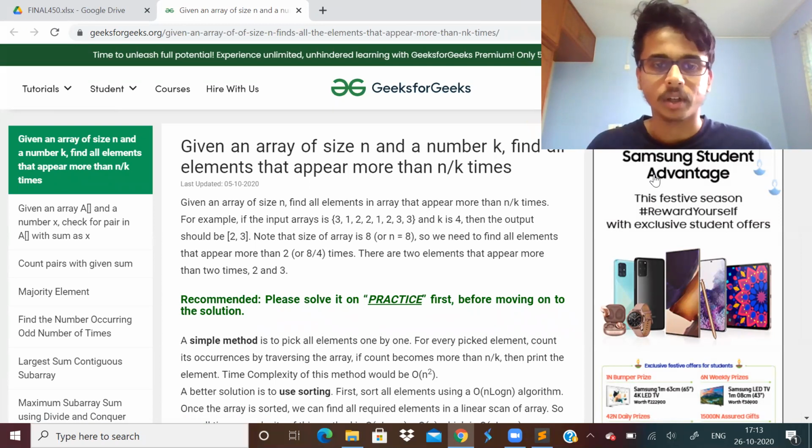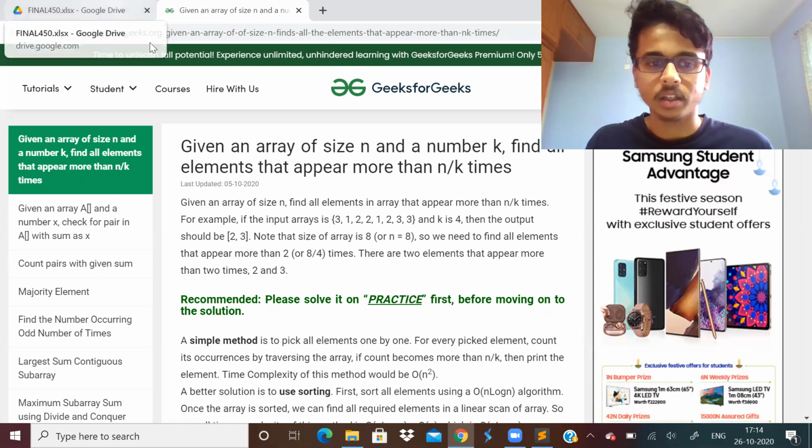But I would like to mention one point over here. There are certain questions wherein this k value will be 2, 3. I think in LeetCode you would have seen a question called majority element, like find all elements which occur more than n by 2, n by 3 times. So practice those kinds of questions, because those can be solved using O of 1 space complexity. This question will be solved using O of k complexity if you use the method of structures. But the code is too lengthy and it is not that difficult to code. So let us go to the next problem only.